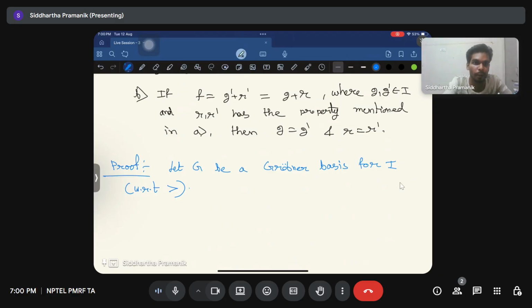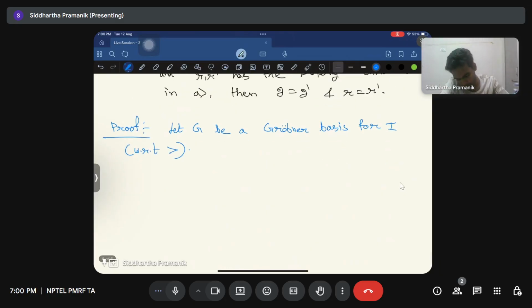That is a property of Grobner basis. And also let G equal G1 up to Gm. Then by the division algorithm,